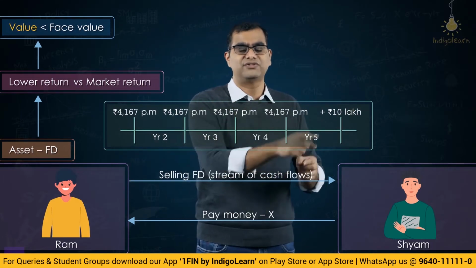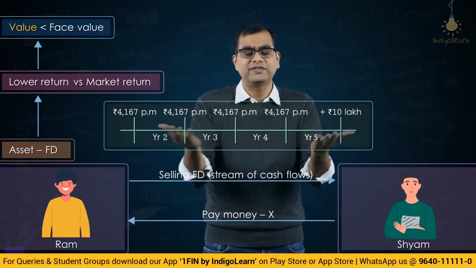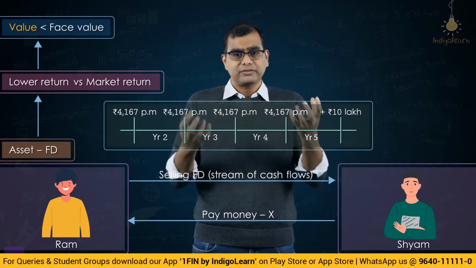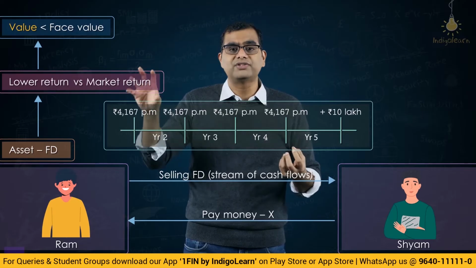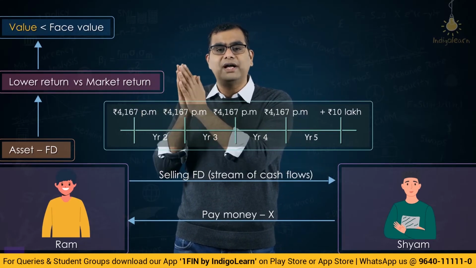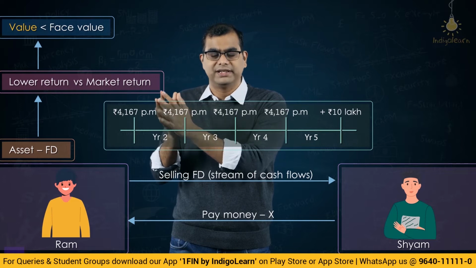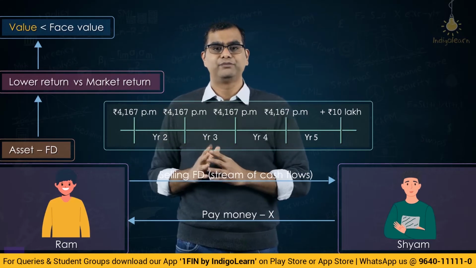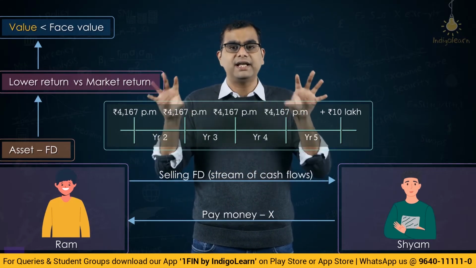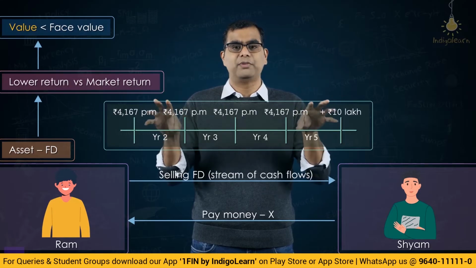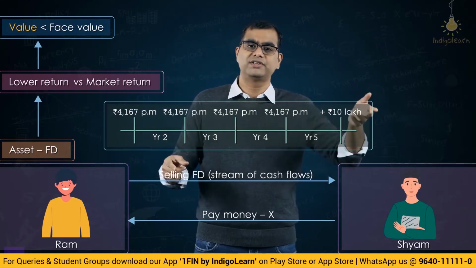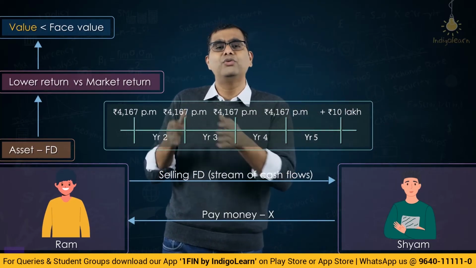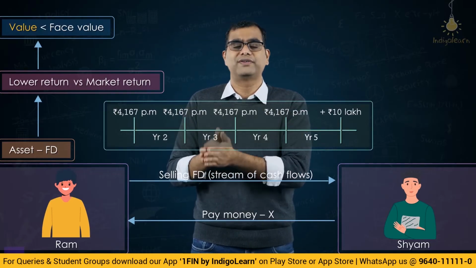So when interest rates have changed, you keep on discounting the cash flows with the new rate, which is a higher rate. And when such discounting happens, the value of that particular fixed deposit in this case has come below face value. Oh, so it has come below par. So, this is the concept I am explaining with the fixed deposit: there is a stream of cash flows, the interest rates have changed, you urgently needed money, you sold the fixed deposit to somebody, and Shyam is now willing to pay you only a lesser amount. Why? Because his opportunity cost of capital is only 10%.